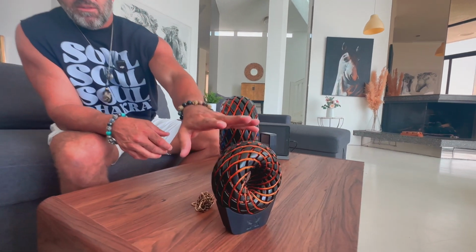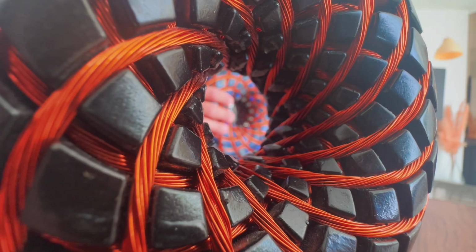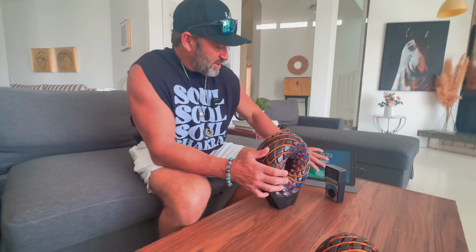Also, the iTorus 5. This one's a little bit easier to put on the body for targeted therapy. This is my go-to for targeted therapy because it's a smaller unit than the i9. So I can put it on the back while I'm watching TV or reading. It's a really good position right here. I can put it on my knee, anywhere on the body, and it's not going to be bulky and fall off like the i9. This has a 24-foot bioactive field, 24-foot diameter. This one has a 55-foot diameter bioactive field when playing frequencies such as the